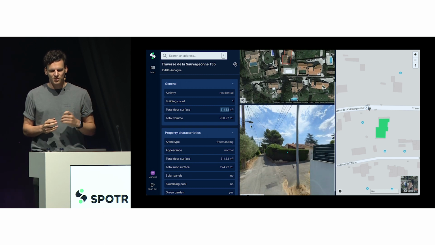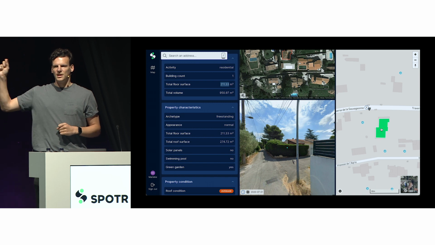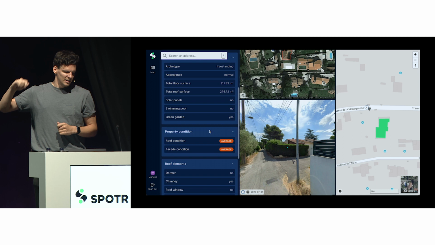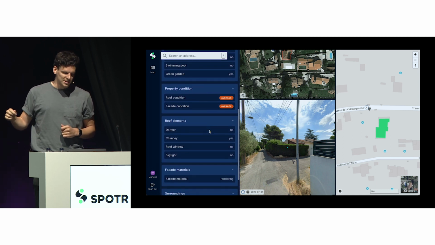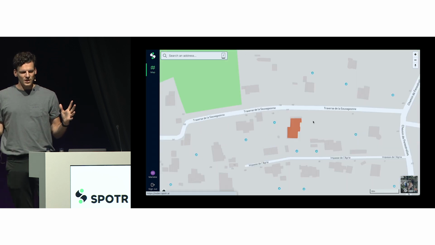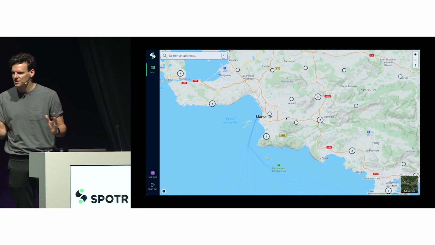Of course, super important for your reinstatement cost. But we will also know what Street View location was looking at which facade, from what date was that image taken, and what's the condition of the roof, what's the condition of the facade. We detect about 80 different points on a property. Of course, not all are used for detecting underinsurance, but you could also do fun stuff like risk analysis or